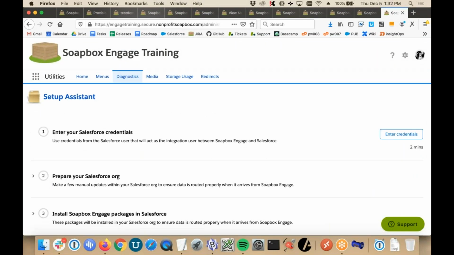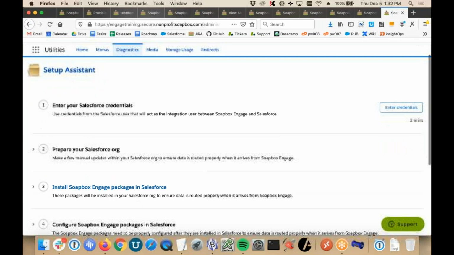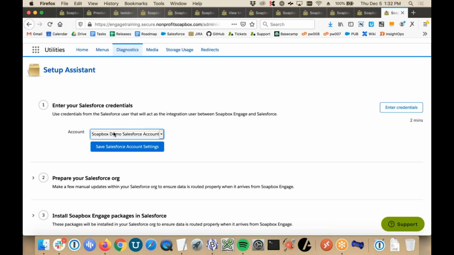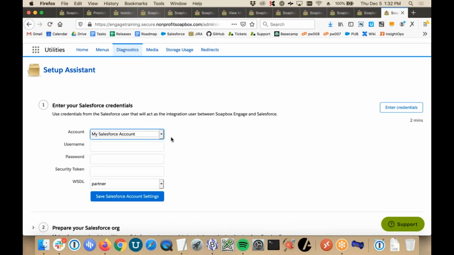In this particular Soapbox site right now, we are tied to the Soapbox Salesforce Sandbox account. That is something that is highlighted here by there not being any green progress on the entering of our Salesforce credentials, or preparing Salesforce, or installing Soapbox Engage packages in our Salesforce instance. But as we work through the process of entering our credentials, so we're no longer using the Soapbox demo account,